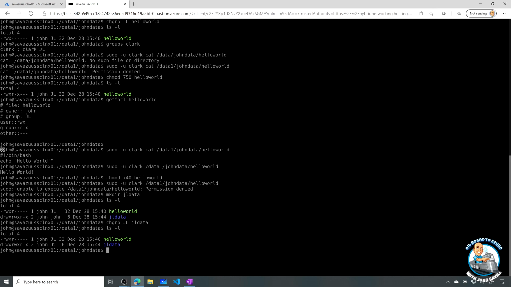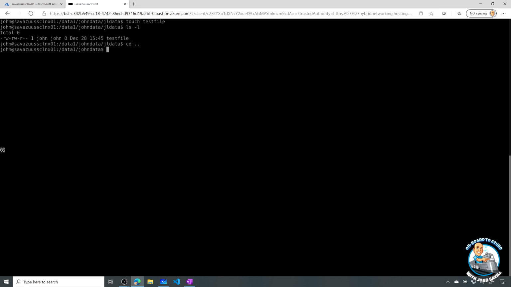And now I can see, hey look, JL for this folder is now the owner. Great. If I go into JL data, and look, there's nothing there. Let's clear for a second. If I just create a file, just use touch, test file, and do an ls -l, well, it's not inheriting that group ownership. It's inheriting the user that creates it. It's back to John. If you want it to inherit the group permission of the folder, I can set that